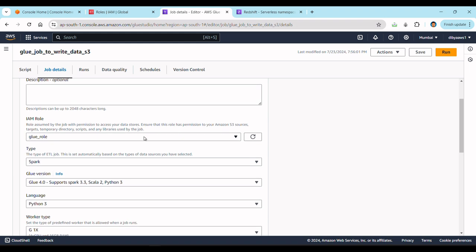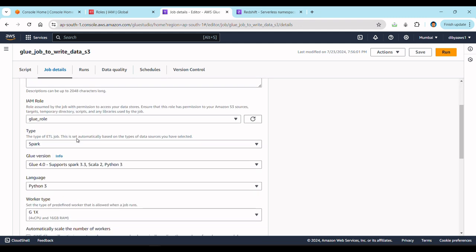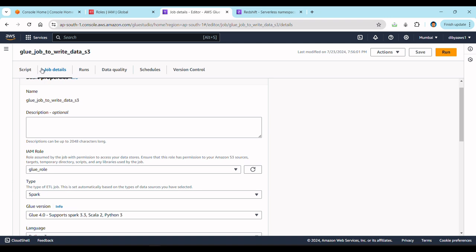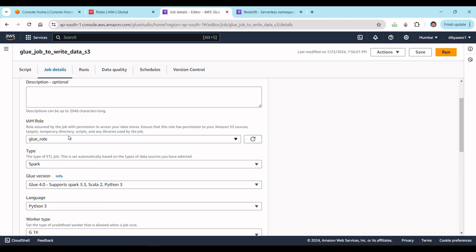So the glue job which I created in the glue role, I have already given permission to Redshift. One more thing to note, I just created it for demo purposes. Whatever services you have to use, for example, I am writing data from S3 to Redshift. So in the glue role,